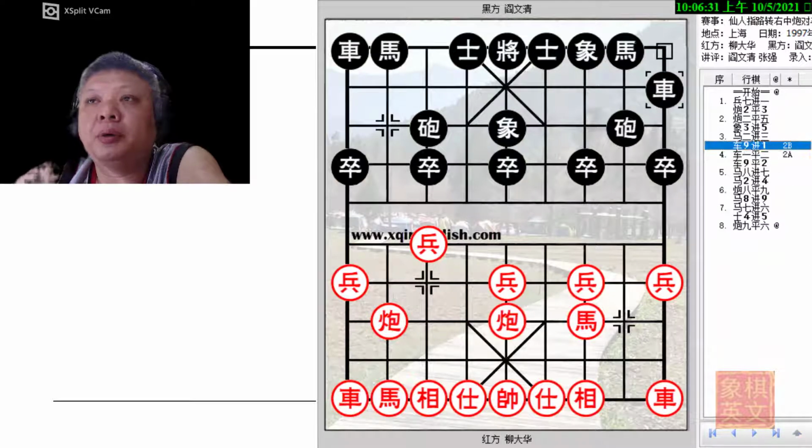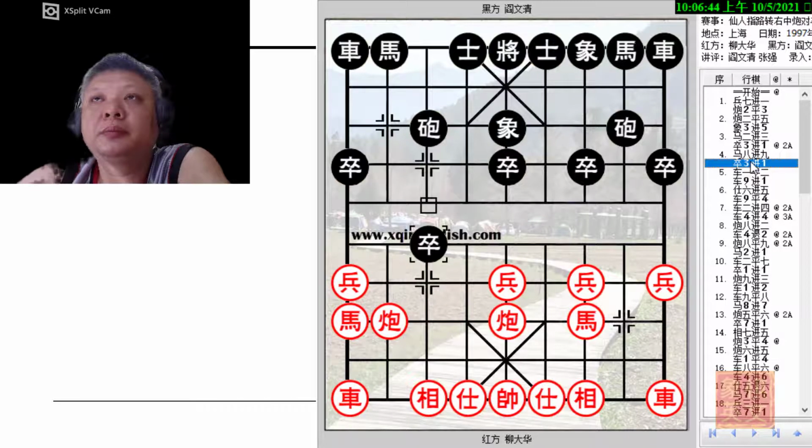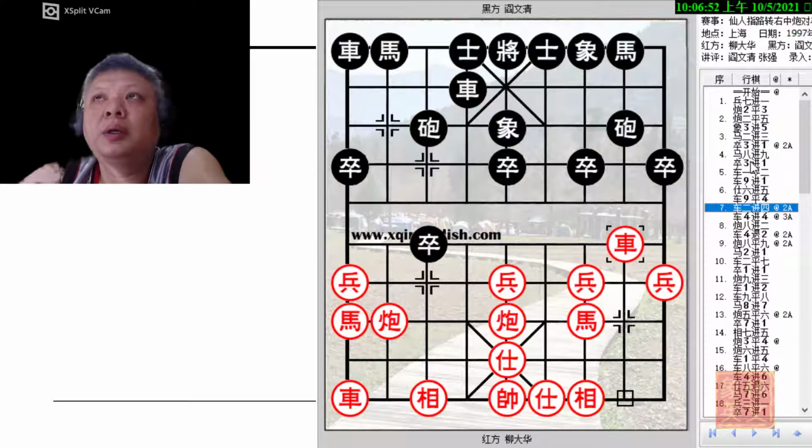So we return to the board. So p3 plus 1 was played, and in response, red developed his horse to the edge file to protect the elephant. Another prophylactic move. And finally, the red chariot will patrol the riverbank and